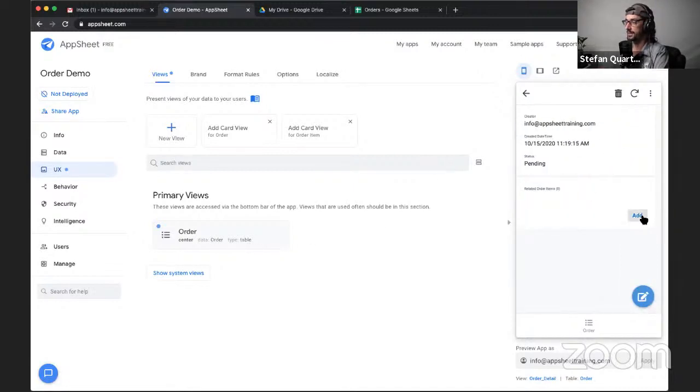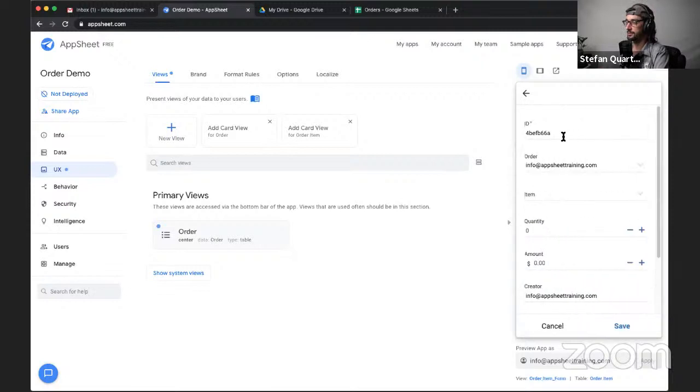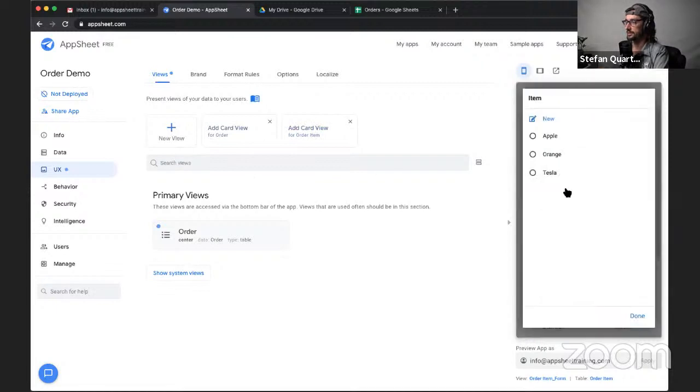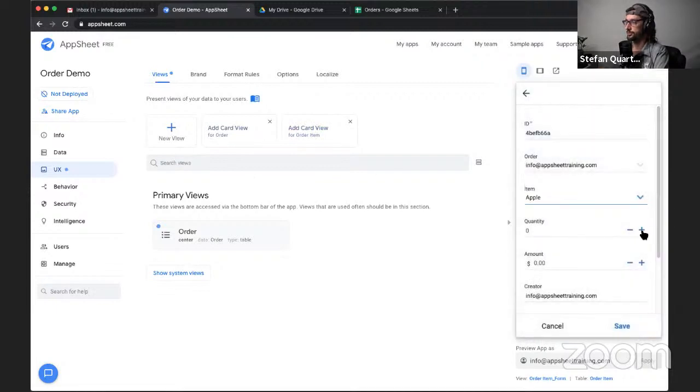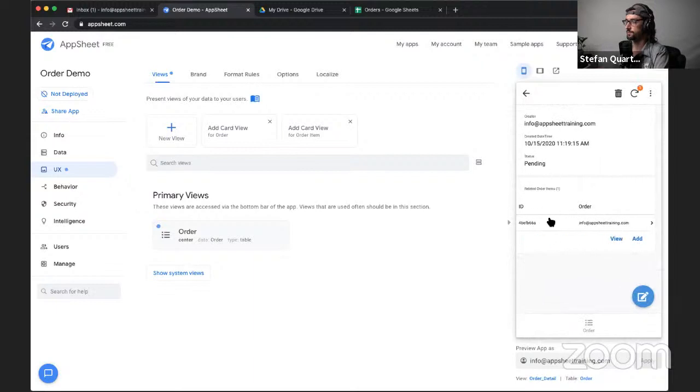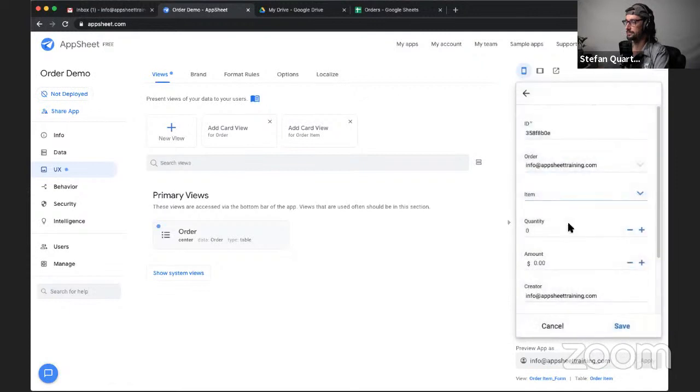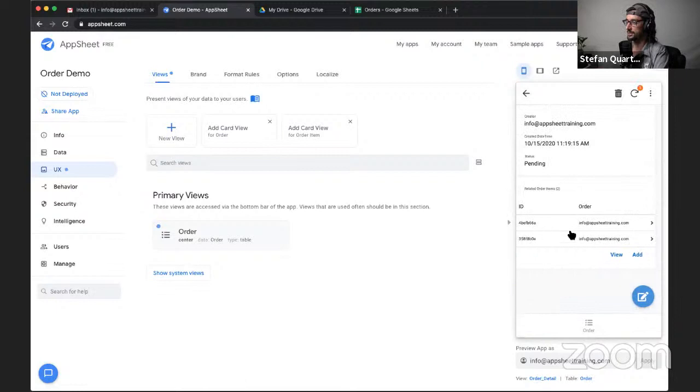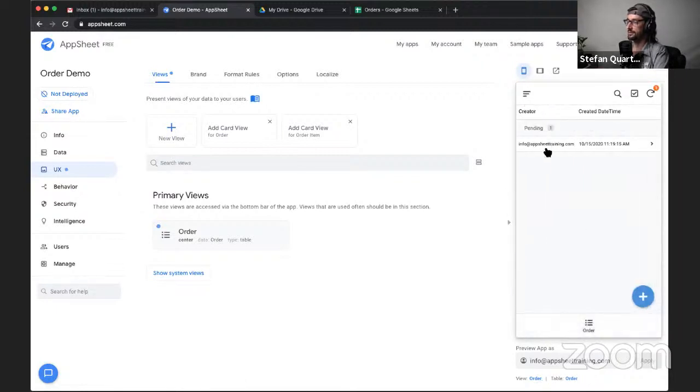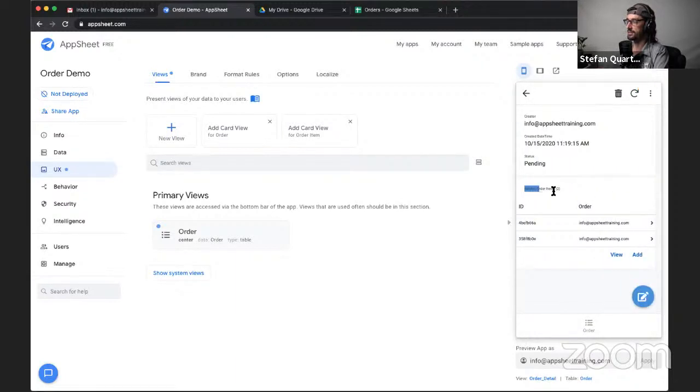And if I want to add some items to it, it pre-filled the ID, which I need to hide, by the way. I can select an item. I want an orange. And I want 3 oranges. And then I want also 1 Tesla, because why not? Okay, so I've got 2 items in my order, and we can kind of see that because of the related